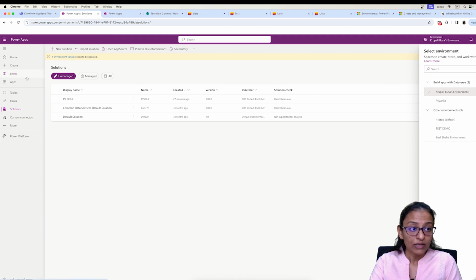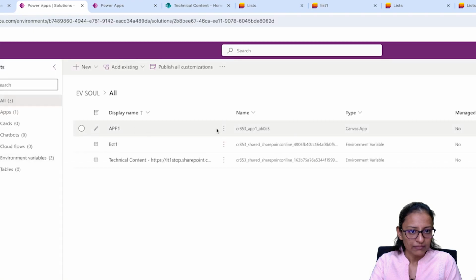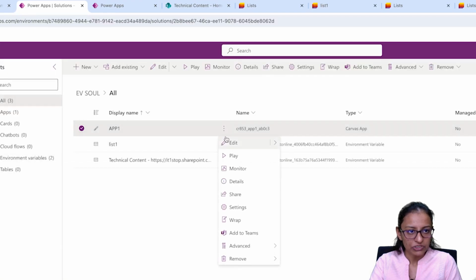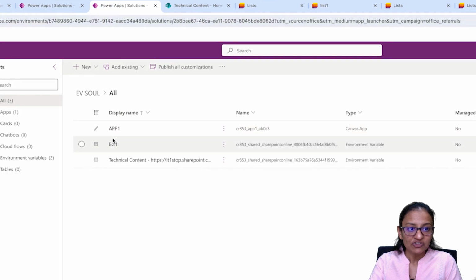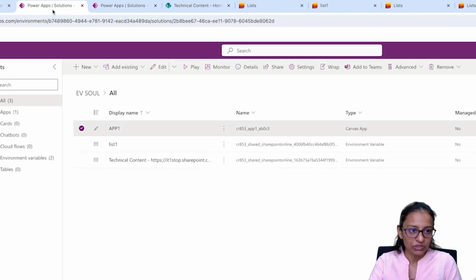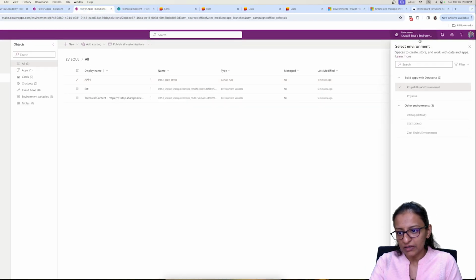and make sure your app is published. Okay, so let me go to the app and make sure that the app is published. Okay, I already published it, so a second time I am not going to publish it. If you are making any changes in the app, then again you need to update or publish it. Okay, so let me go to the other environment,